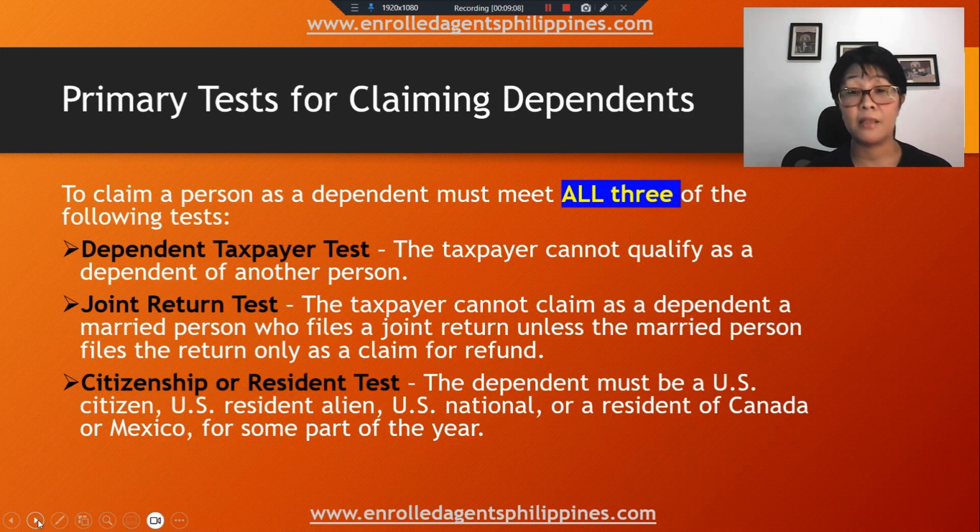Citizenship or resident test. Okay? The dependent must be a US citizen. Yung kaninang minention natin, define natin kung sino yung US citizen ba. So, the dependent must be a US citizen, US resident alien, US national, or a resident of Canada or Mexico for some part of the year. So, again guys, itong tatlo na to, kailangan masatisfy lahat. Otherwise, hindi na tayo kailangang mag-proceed sa ibang test. Pag dito pa lang, hindi na pumasa, hindi na pwedeng i-claim as dependent. Okay, so to proceed,